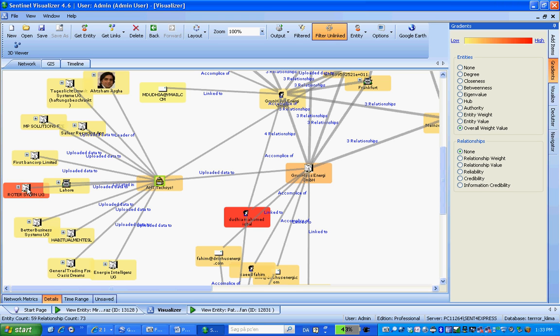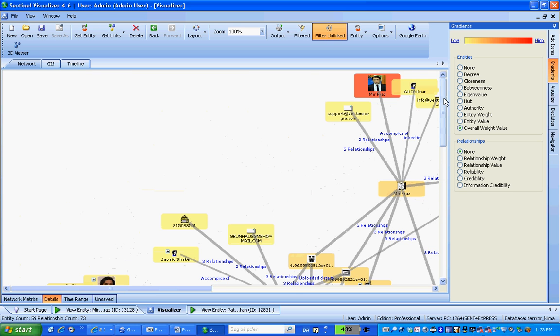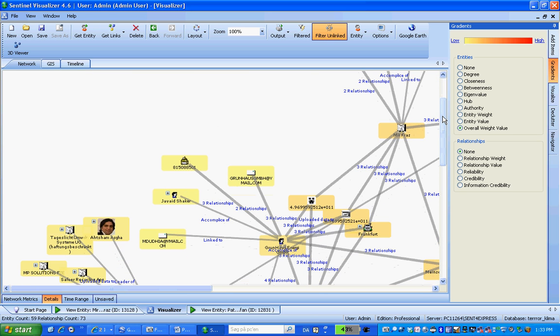You have Roter Stern. It's a German company which was shut down a while ago. You have First Bancorp, which was an online payment platform which was used to generate the transactions that were used to generate the VAT that was stolen off. And that's basically it.